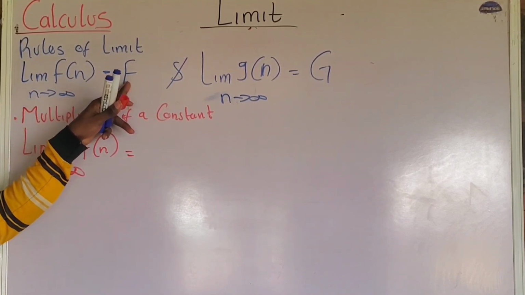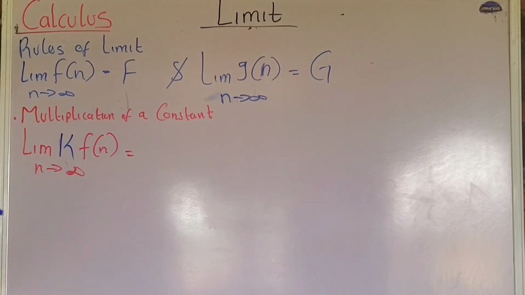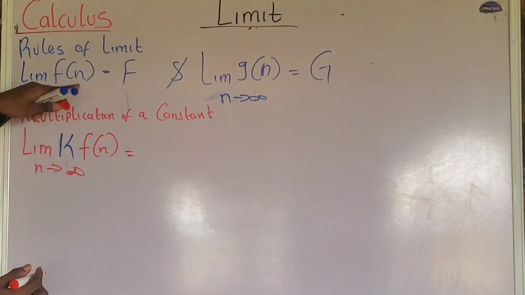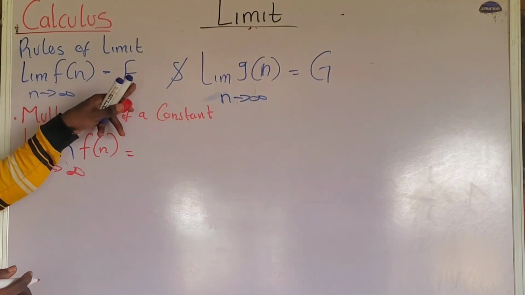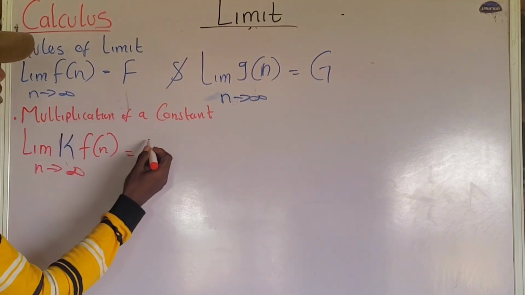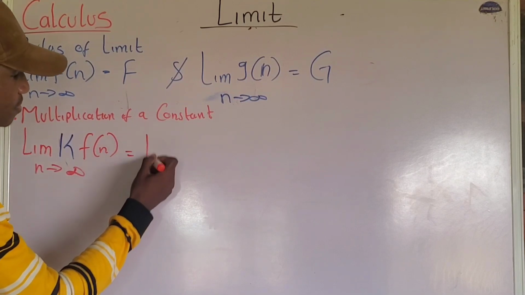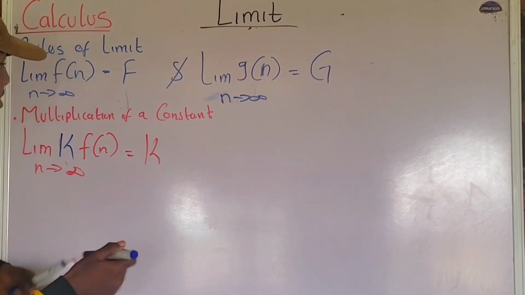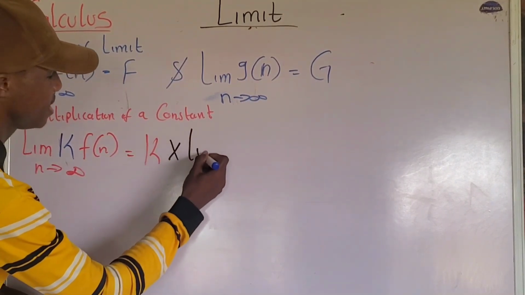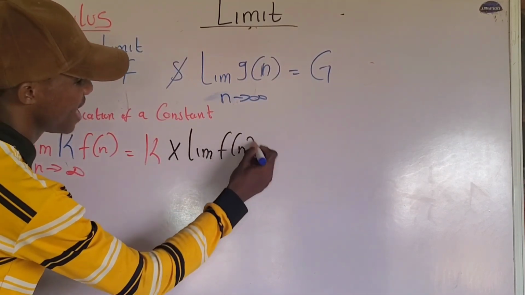This is just an assumption, because for any limit of a function that we take, we are going to have a value. So let's say that when we take the limit of this function, we have f. The final answer to this question will be k, the constant, multiplied by the limit of function f(n)